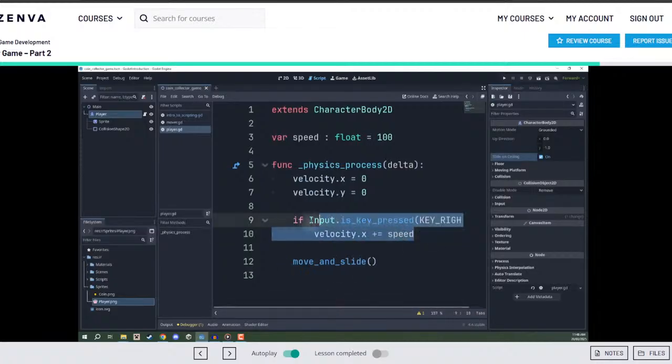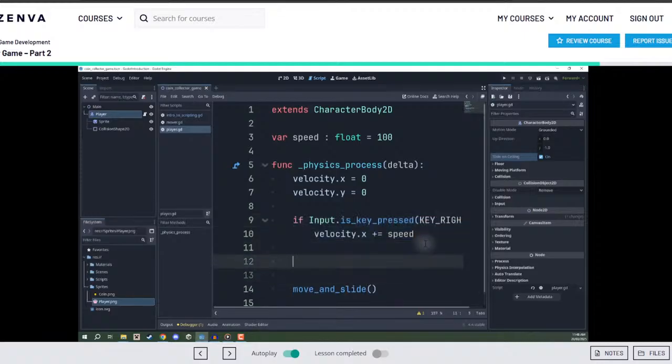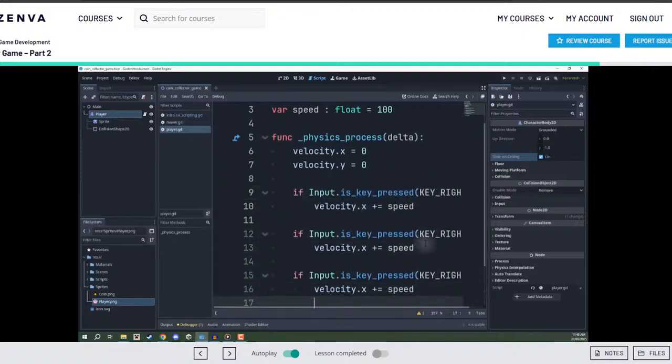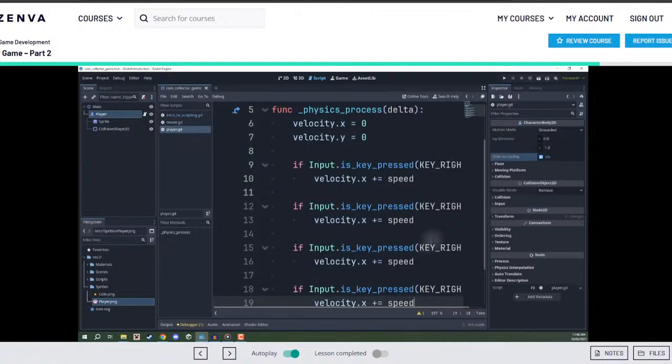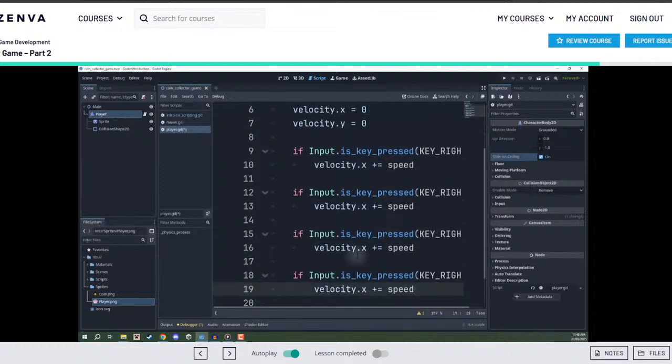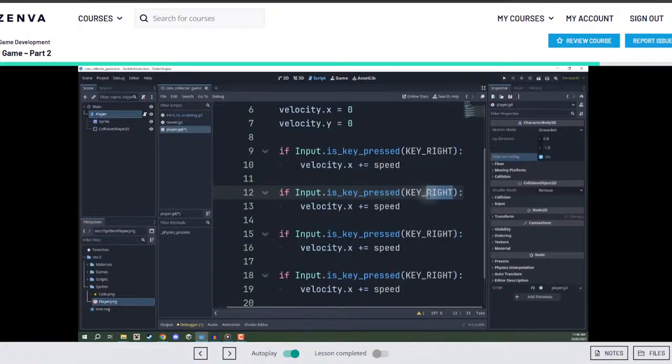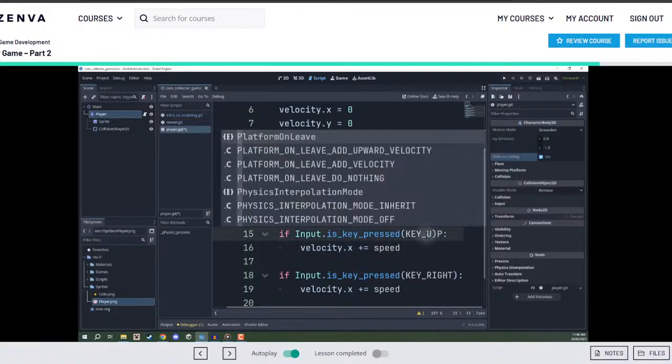We can then also do the exact same thing for the left, up, and down arrow keys. So I'm then just going to copy and paste this if statement 3 more times, just so that we don't have to go through and write it all out by hand. So here we'll go KEY_LEFT, and if the left key was pressed, we then want to subtract our x velocity. If the up key was pressed,